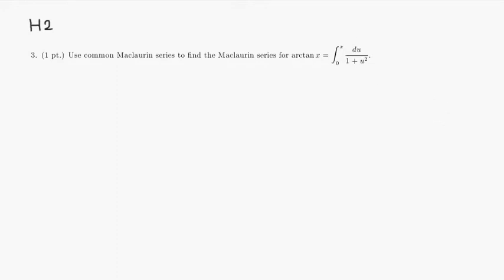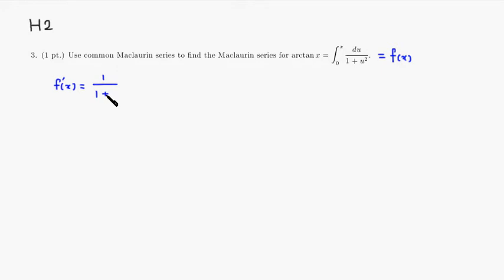Alright, first I'm going to call the arctangent f of x. So we're looking for the Maclaurin series for this function f of x, right? Then we take the derivative of f of x first because we don't know what to do directly from here. But if you look at the derivative, f prime of x, we can use the fundamental theorem of calculus. The derivative of this is simply 1 over